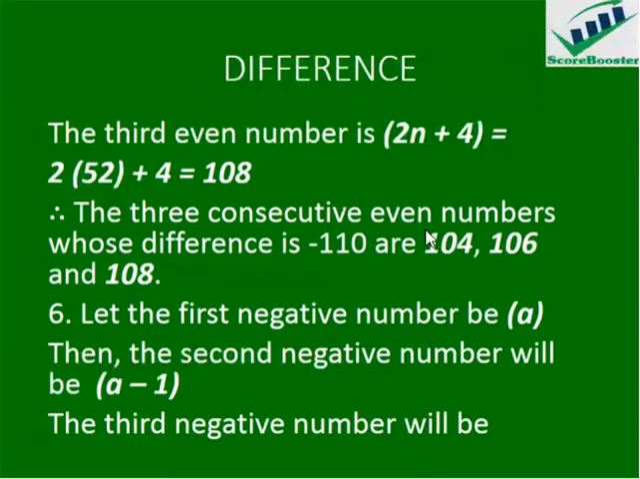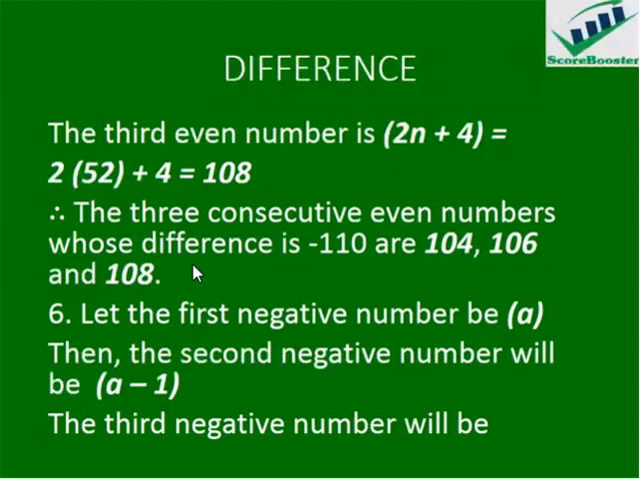So the three consecutive even numbers whose difference is minus 110 are 104, 106 and 108, and you can then check if it is correct. 104 minus 106 will give minus 2, minus 2 minus 108 will give minus 110. So that's that. Now we move to the sixth question, which says